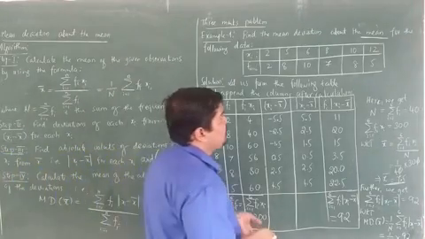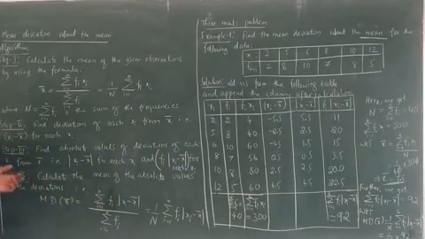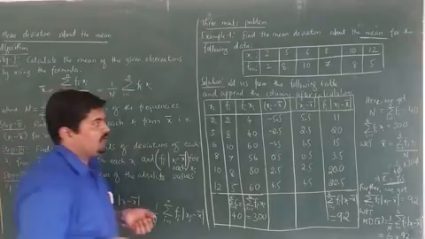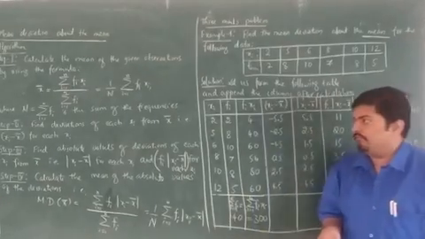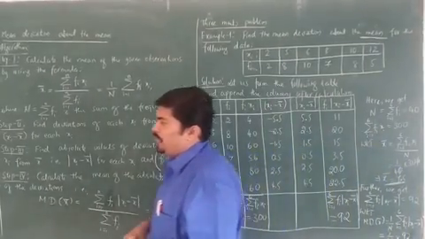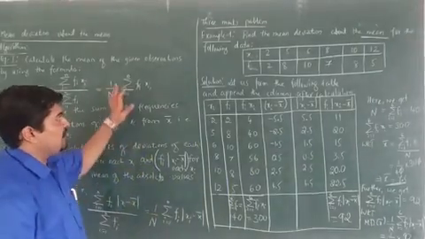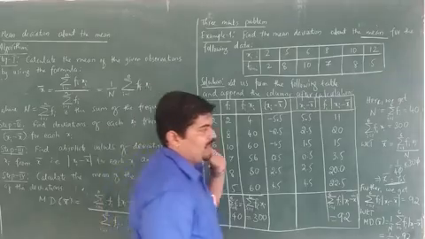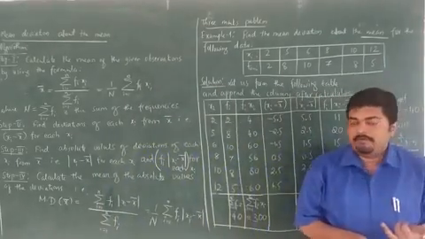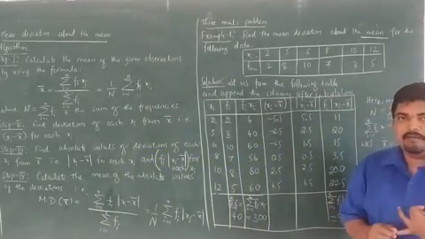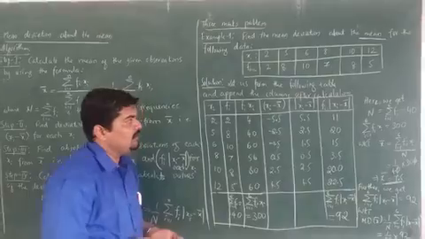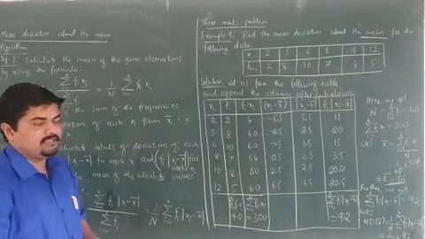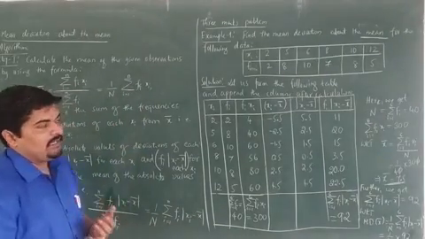I will continue with the method of finding the mean deviation about the median for the discrete frequency distribution table in the next class. I am giving 2 homework problems for you which come under this topic. They are from exercise number 15.1, problem number 5 and 6. Try to solve those 2 problems. If you feel any clarifications are required, you can ask at any time.